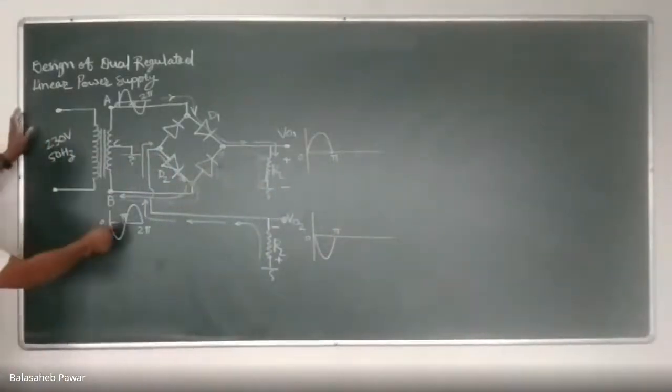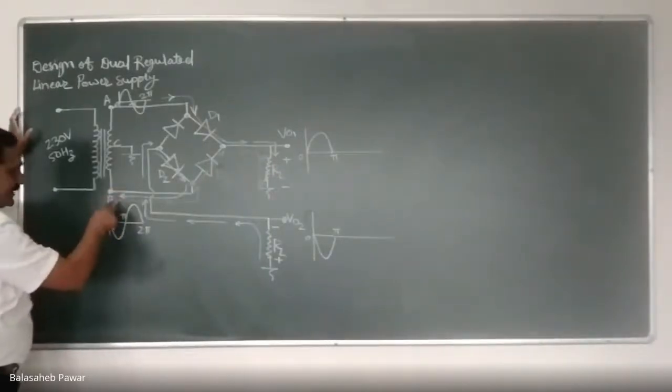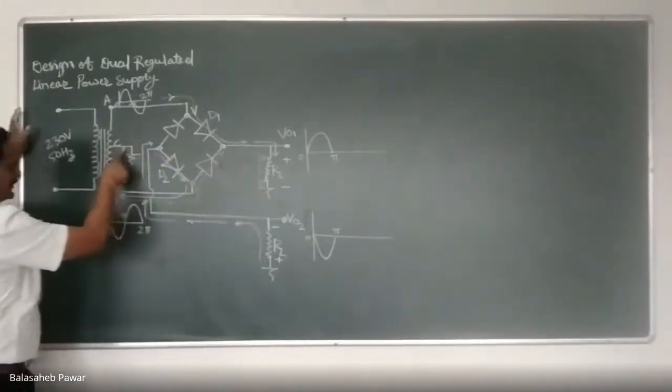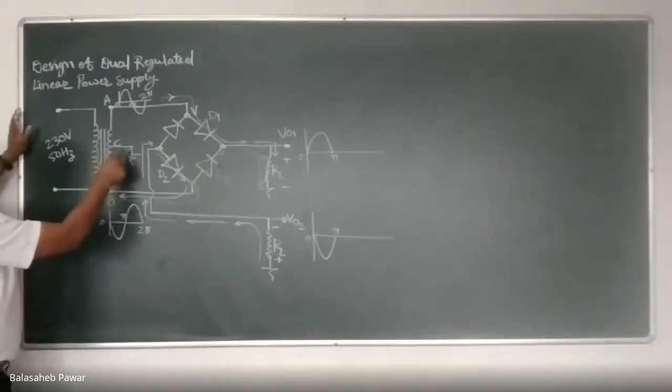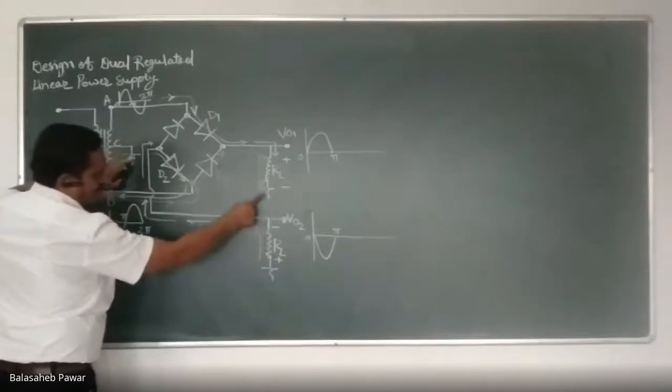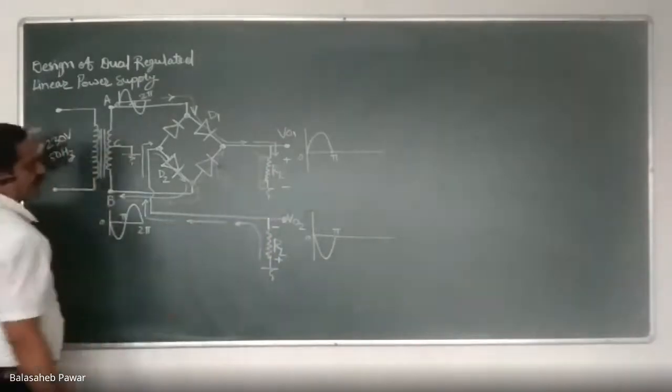We are considering pi to 2 pi. Terminal B becomes positive, and that's why current will start from B and end on its negative center tap terminal, which is grounded. That means over here, see, this center tap is grounded. That means all these three terminals are at the same potential, right?